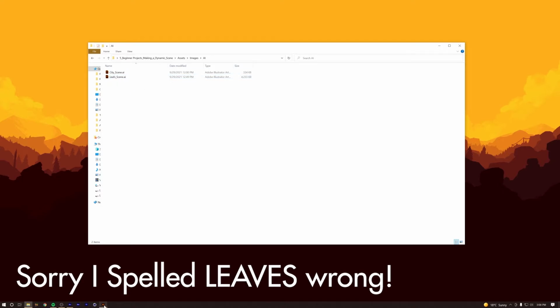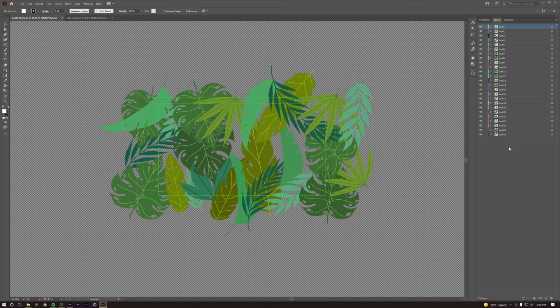I already have Illustrator open, so I'll show you right now. This is the file I'm going to show you. It basically has a bunch of leaves, 25 leaves. You can turn them on and off and check them. They're all split up into their own groups, so we can animate them individually, because what I'm going to do is have these open up. So this is the first file I'm going to give you, and the second scene